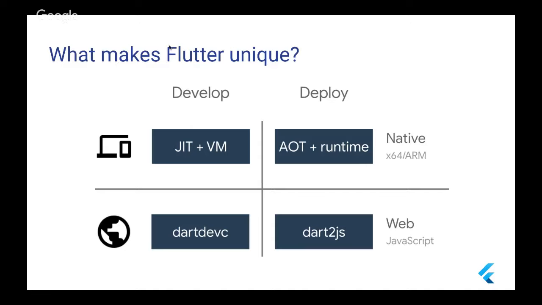In Flutter's case, Dart has two types. When you are developing your application, it uses the JIT compiler, which gives you hot reload and high productivity while building your application. And when you finish your application and try to deploy it, build the IPA file or build the APK file, it uses ahead-of-time compiling to compile to ARM native machine code.